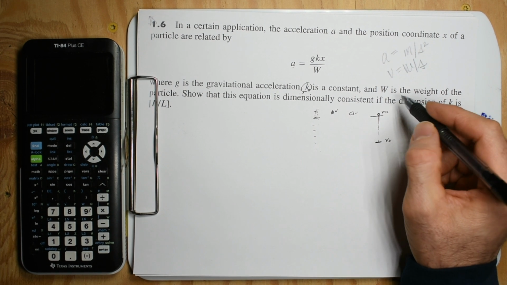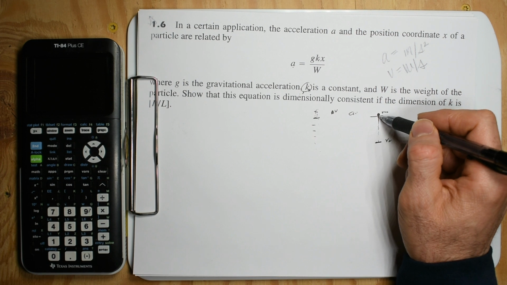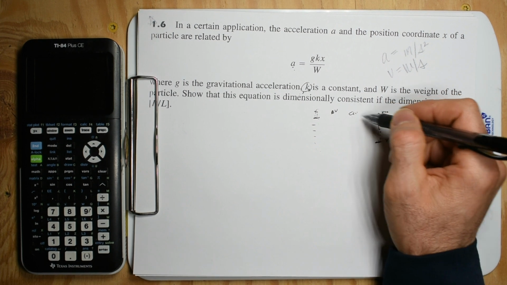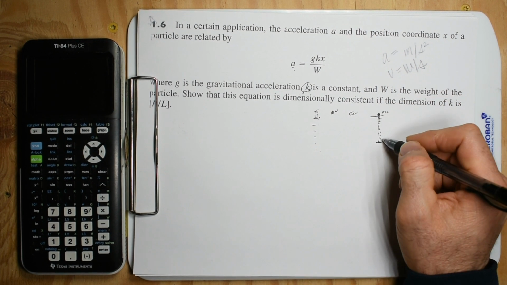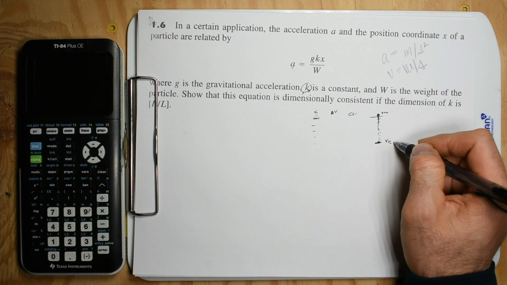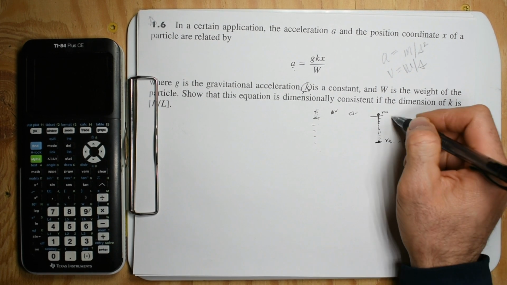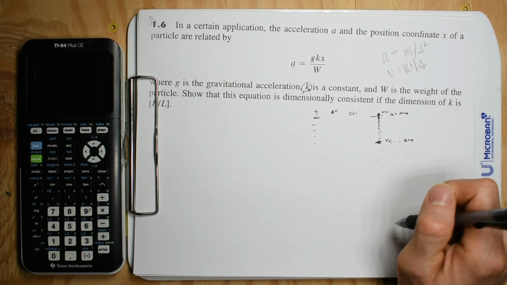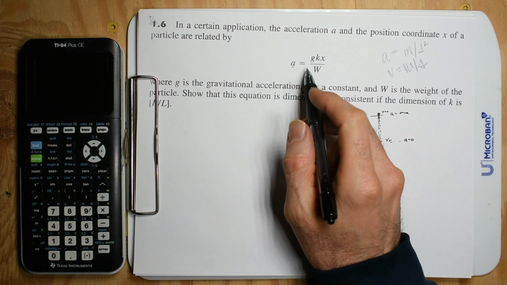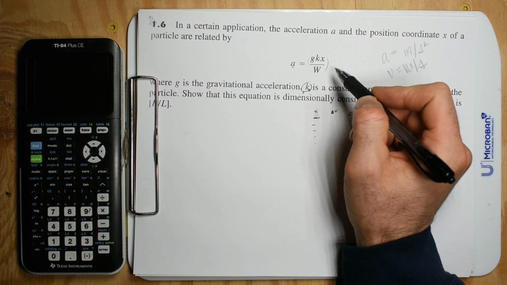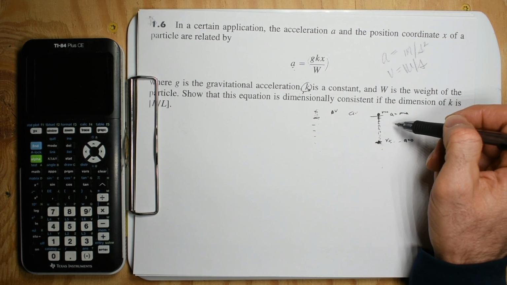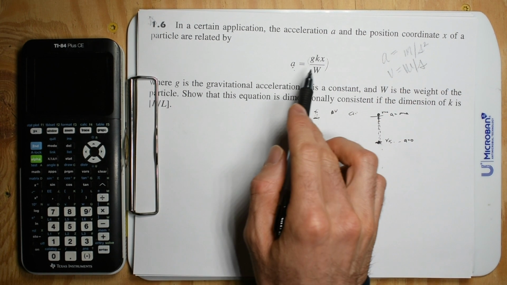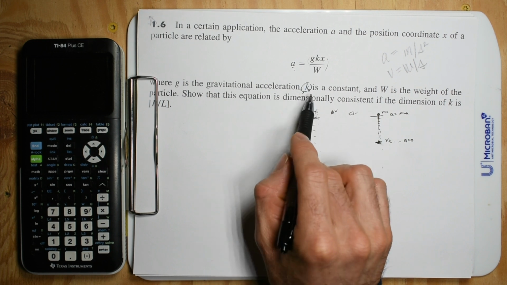So definitely dropping stuff in water, the acceleration is a function of the distance. Because at some point in water you get no more acceleration. Acceleration up here is going to be max, and at some point you're just going to hit terminal velocity in water. But in general, things are related, and we take that into consideration in physics. So it's related by this equation, where g is the gravitational acceleration, k is a constant,